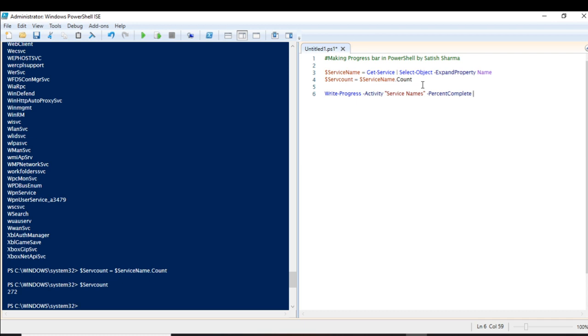So what will be the percentage here? That will be 50 divided by 272, multiplied by 100. This will be the total percentage covered, meaning this much of the task is done. We will display that in PercentComplete.